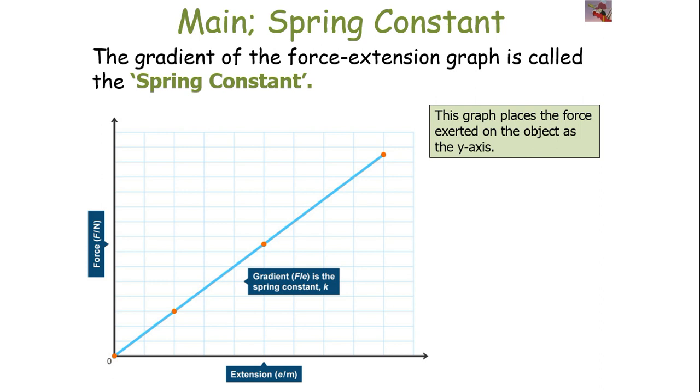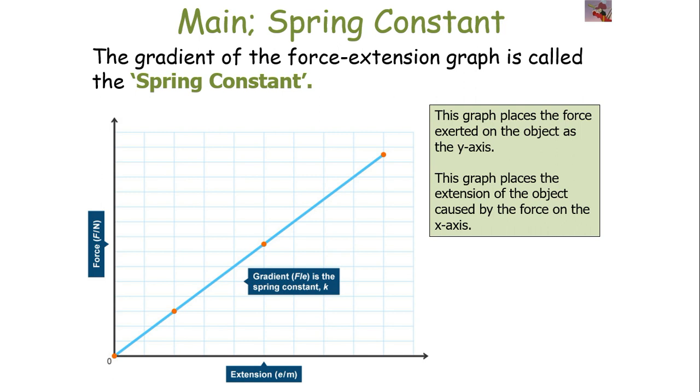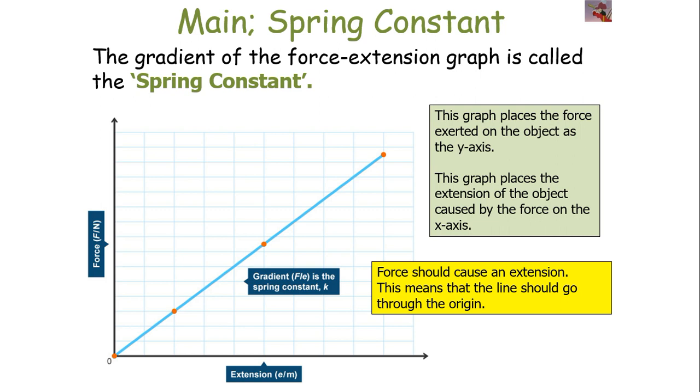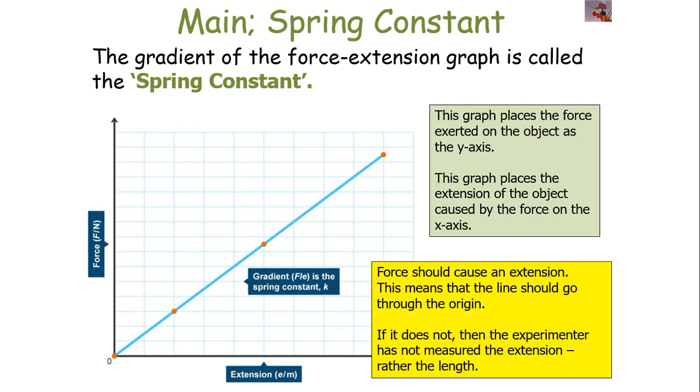Now, once again, remember, the graph places the force exerted on the object, the deformant force, as the y-axis. It places the extension of the object caused by the deformant force on the x-axis. Now remember, because this deformant force is causing an extension, the line should be going through the origin. Now if it does not, like we said before, it's probably because the experimenter has not measured the extension rather